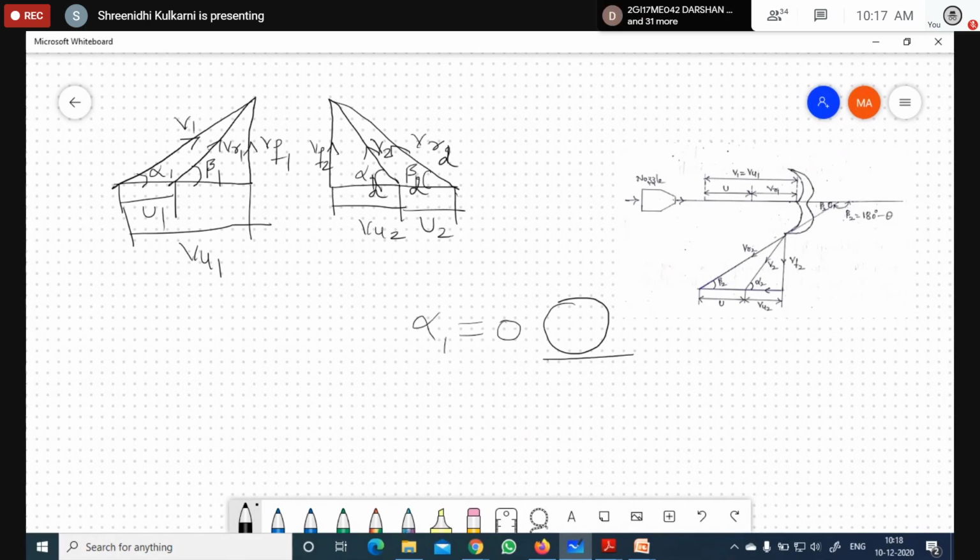If alpha 1 is 0, now I'll come to the general form velocity triangle. If alpha 1 is 0, what about V1? V1 will come as a straight line. Then what about the blade angle? Even the blade angle is a straight line. So this is very important in the Pelton wheel. What about the outlet velocity triangle? It remains the same. You can check it once. There is no change in the outlet velocity triangle. Clear?